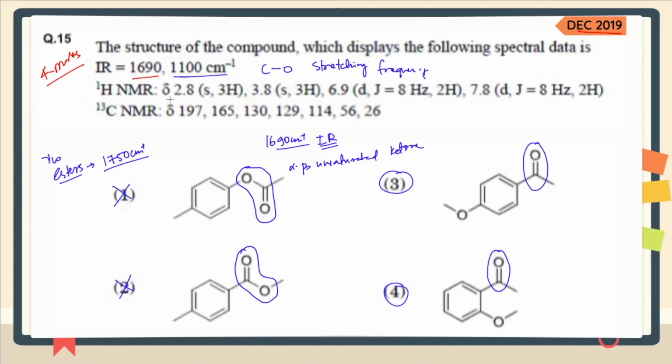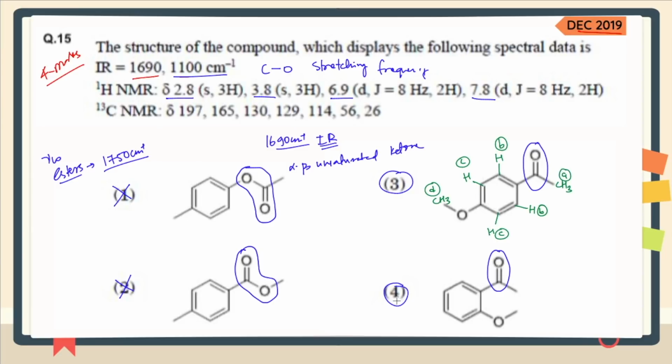Now if you go for the NMR data, you see how many peaks you are getting: 1, 2, 3 and 4. There are 4 different peaks in the NMR data. Now look at options 3 and 4. In option number 3, because you have a methyl group here, this is hydrogen of type A, let's say. Here you have 2 hydrogens, so these will be equivalent. So this is type B, this is also type B, so you got the second type of hydrogen. Here also you have hydrogen, so this is type C, this is also type C, so you got the third type of hydrogen, and this is also a methyl group, so here you got the fourth type of hydrogen. So in option number 3 you have got 4 types of hydrogen.